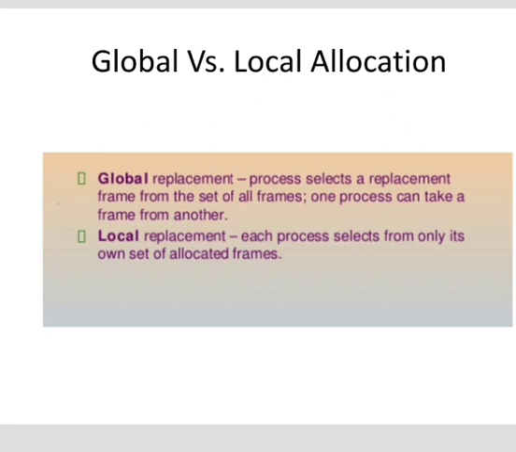A global allocation algorithm dynamically allocates page frames among runnable processes. The number of page frames assigned to each process varies in time. In case of a page fault, all pages assigned to different processes are considered for page replacement. The global allocation scheme performs better when the working set size can vary greatly over the lifetime of a process. If the working set size grows and a local allocation scheme is used, then the page faults will increase.